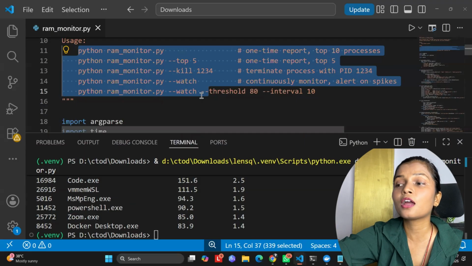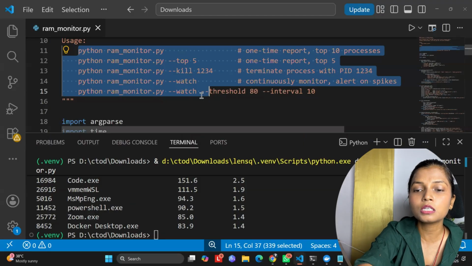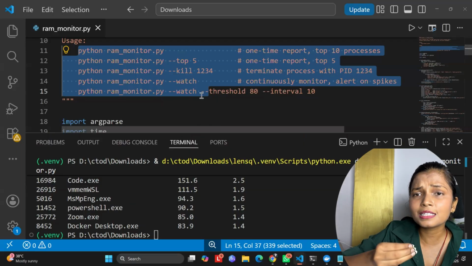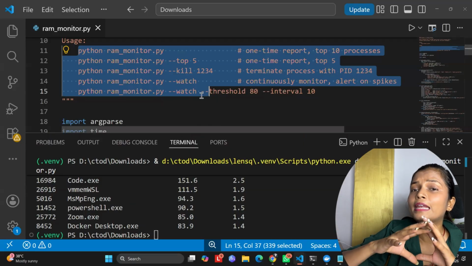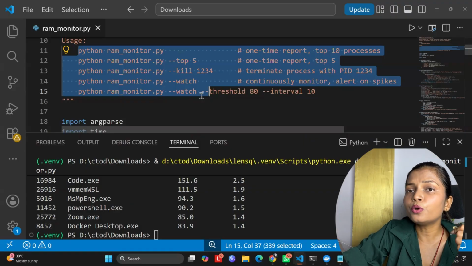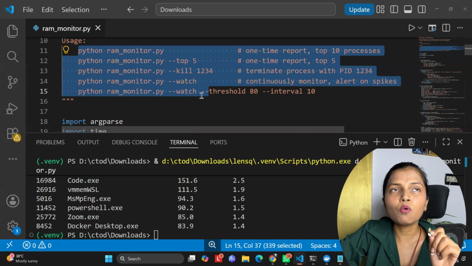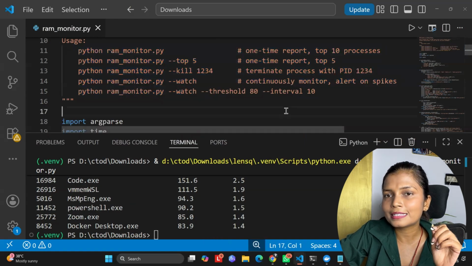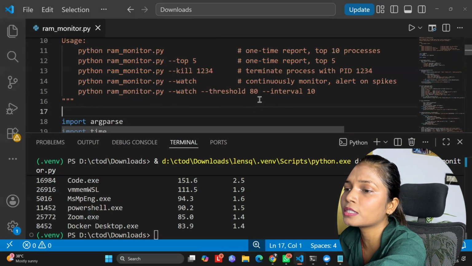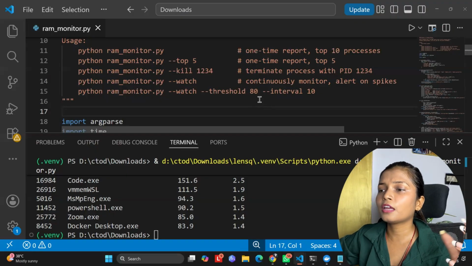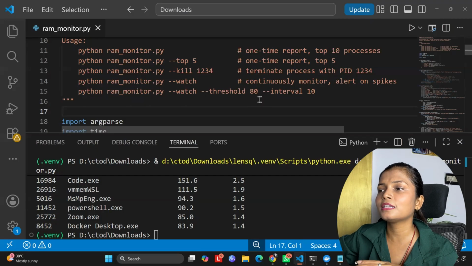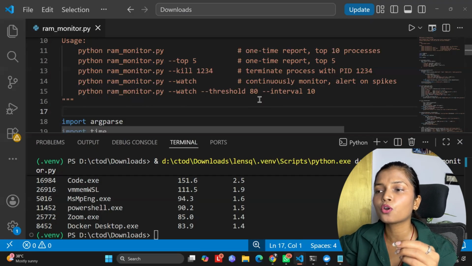The very first thing is why a coder specifically should care about this. Even if you are not using a budget laptop, this script earns its place in any developer kit. Let me tell you how. The very first thing is debugging. When we do debugging, memory leakage happens. If you are writing long-running scripts and you use watch alongside it, you can see in real time which application is taking more load, instead of guessing.